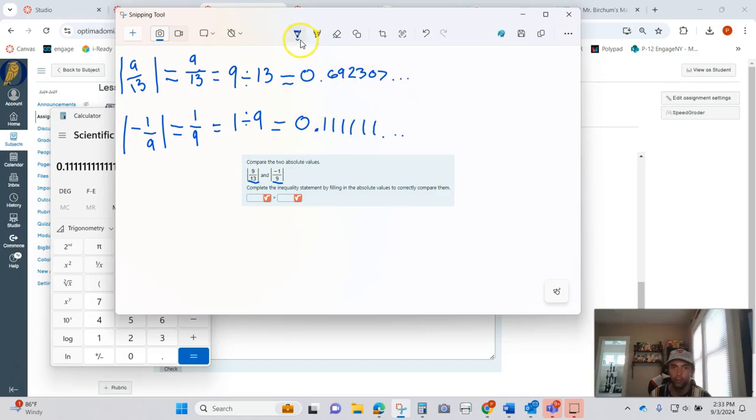Well, let's compare these numbers one place value at a time. What's bigger, 0 or 0? Well, that's a tie, of course. So let's move on to the next place value. What's bigger, 6 or 1? 6 is bigger. So this is the bigger number. So to write this in, I will type